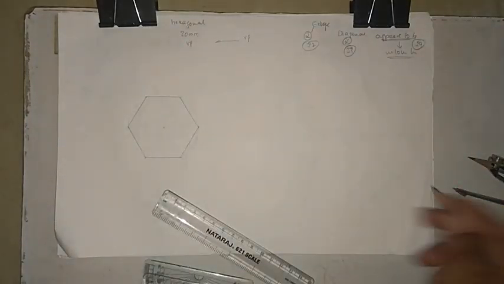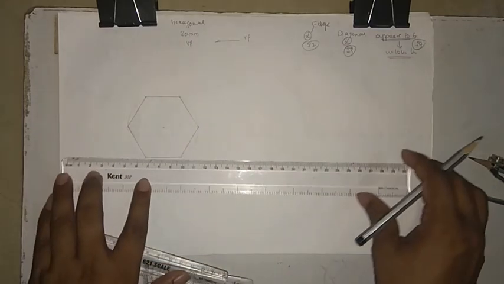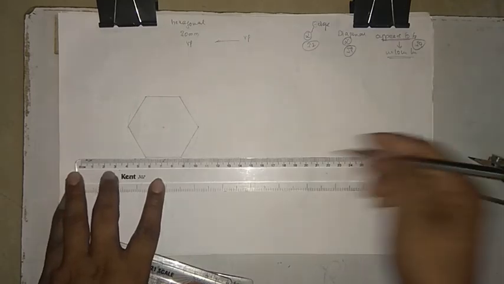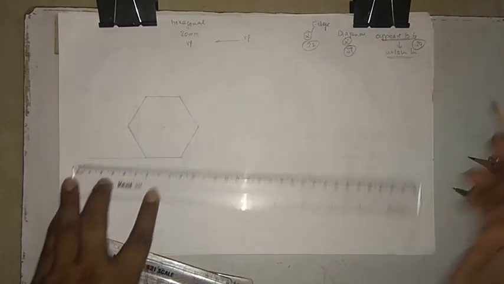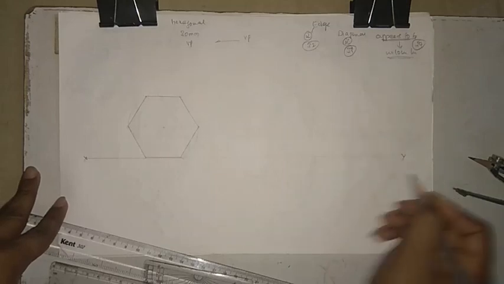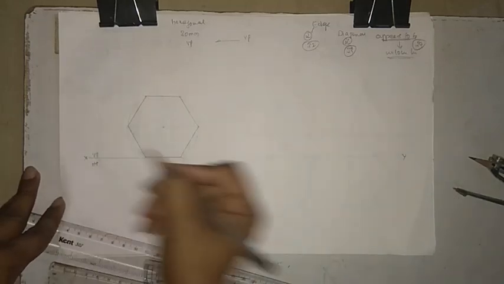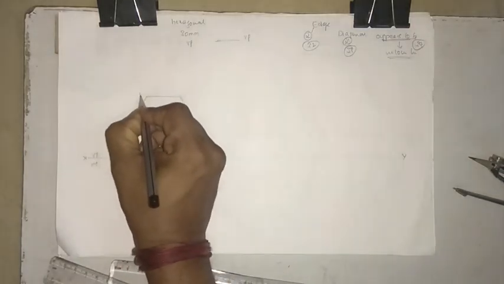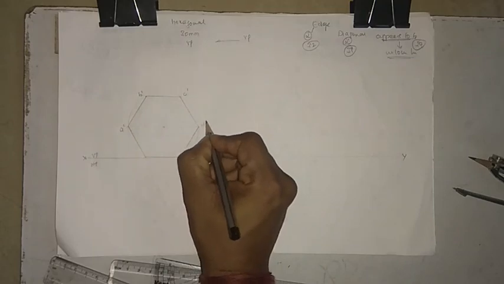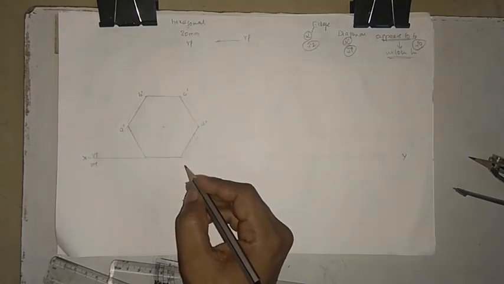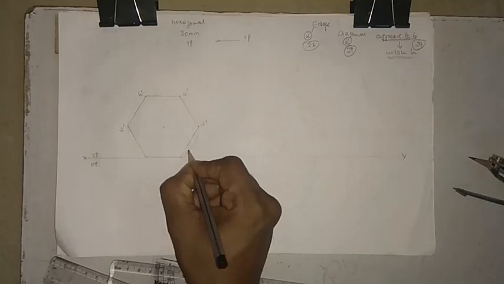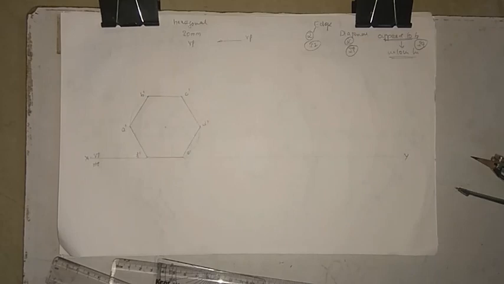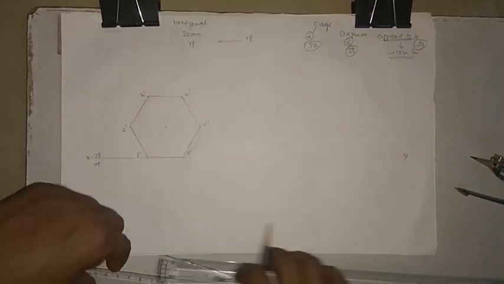Okay, so like this. So when this one is done, now you can draw the XY line. So this is what is XY line. So VP, HP. Okay, so now we'll take it from here, A dash, B dash, C dash, D dash, E dash, and F dash. Okay, so once this one is done, now just do the dimension here.